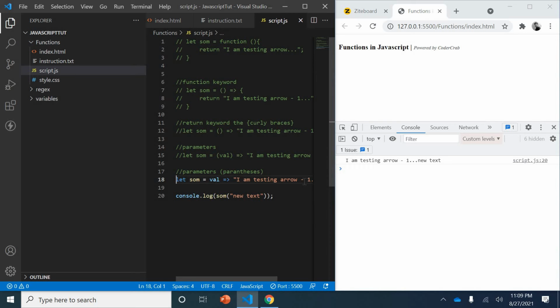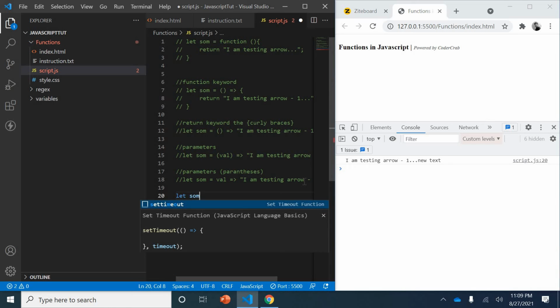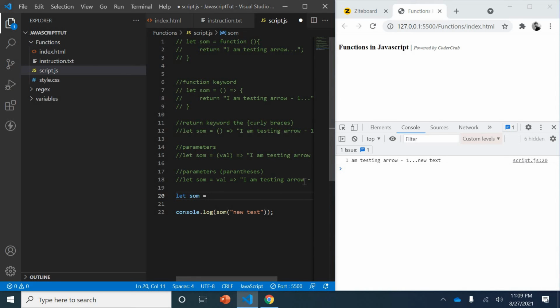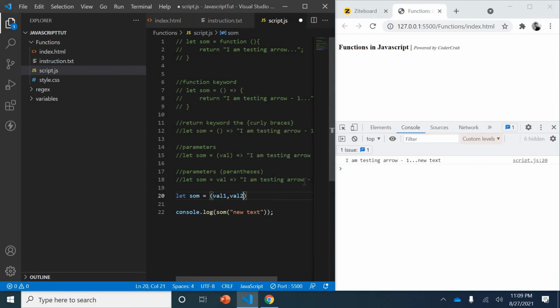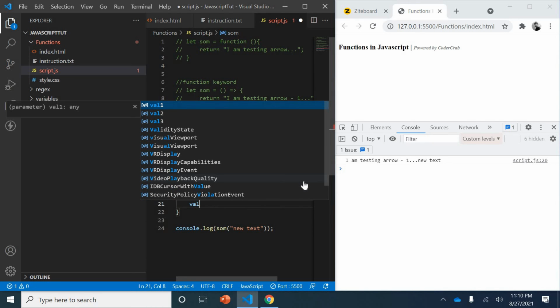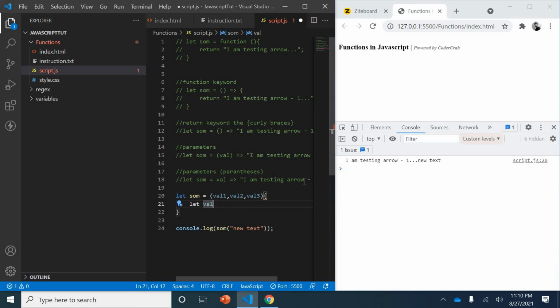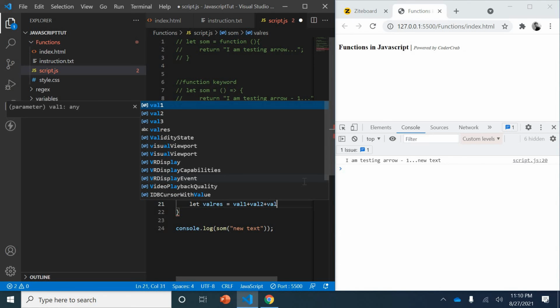If you have a bigger function, I suggest you don't write it in a single line. Let's say you have three parameters, val1, val2, and val3, and some more statements where you are calculating something. So you need to return some value. Let's say let valRes equal val1 plus val2 plus val3.